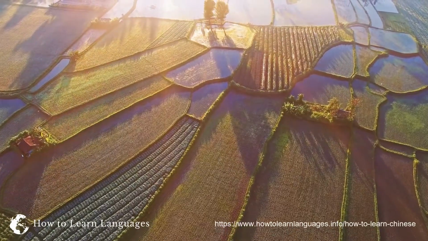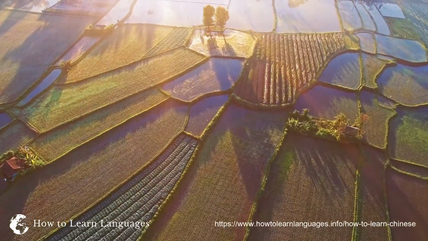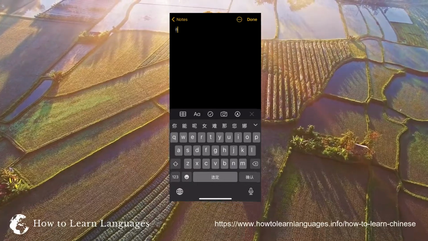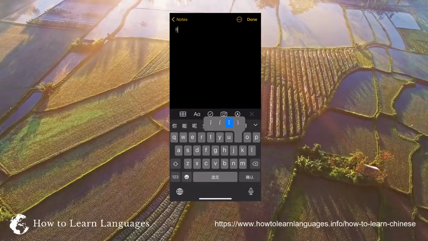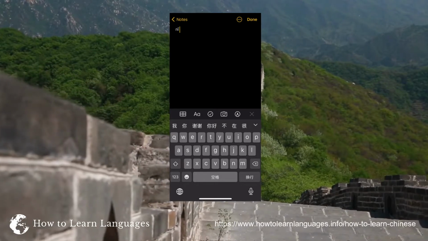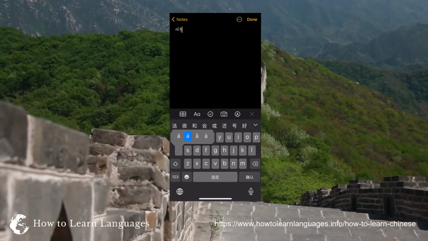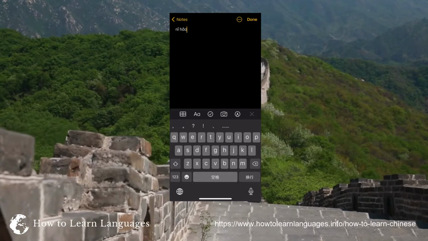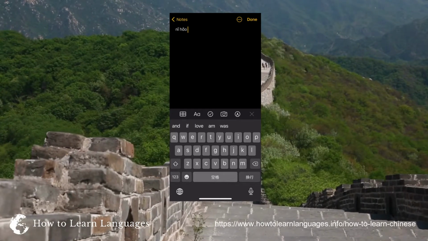When using the pinyin keyboard, all the tones will be available to select from the bar that appears when you hold down on the vowel. To keep the pinyin and its tone as the typed output, press the spacebar. This will make the keyboard move on from suggesting relevant characters for the pinyin you've just typed.